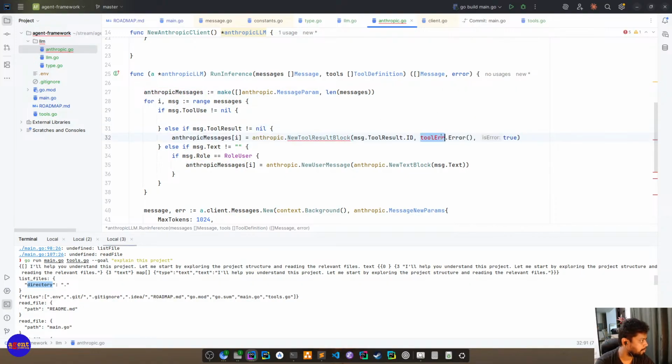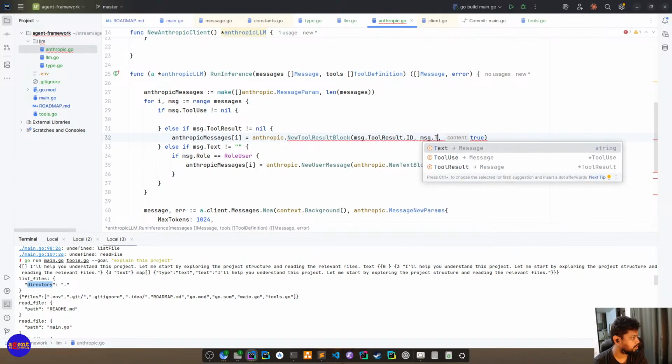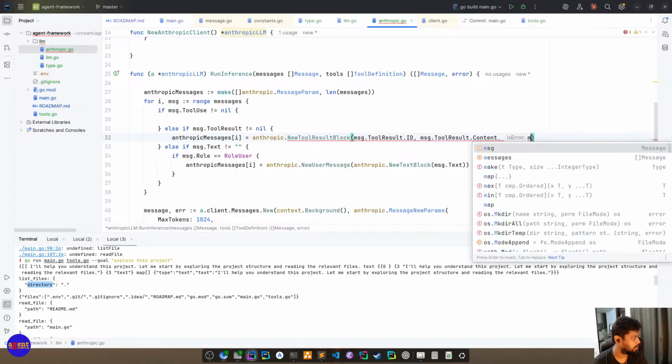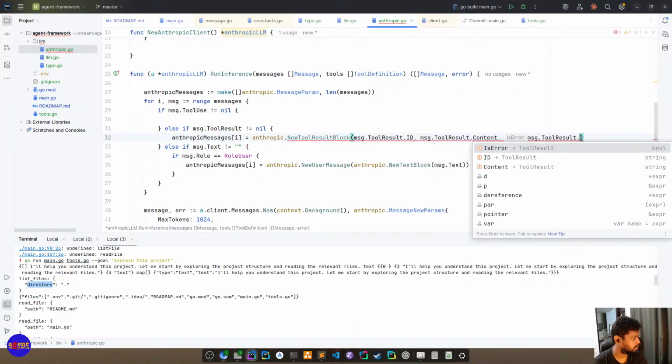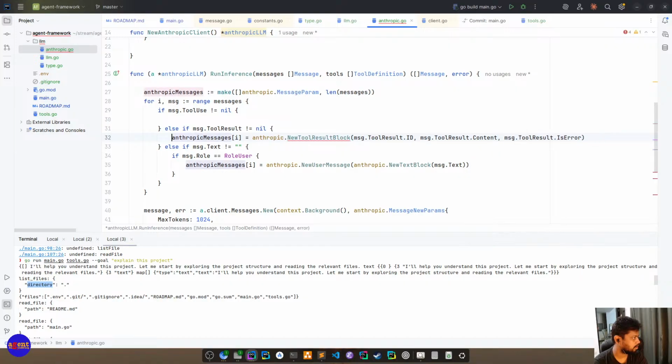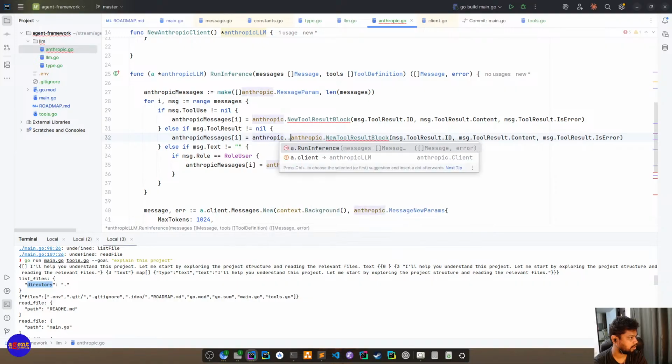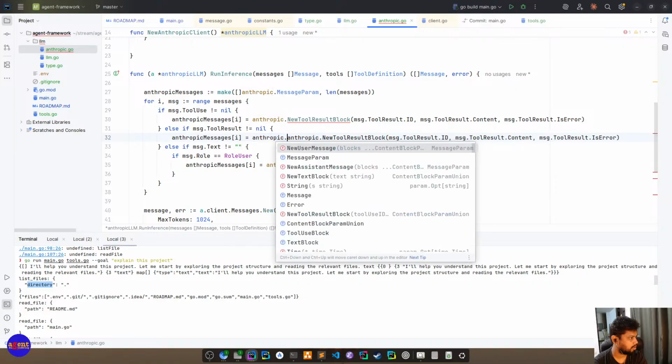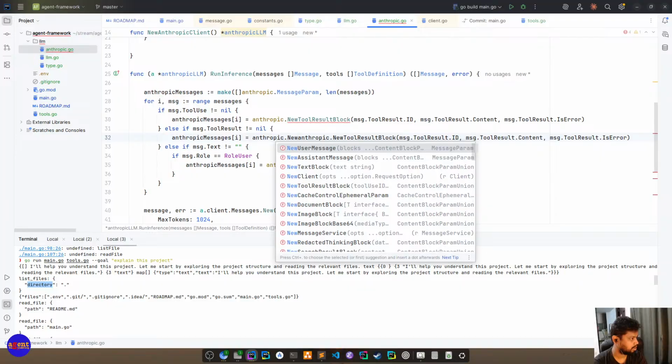ID, start tool result dot content and dot. This should be wrapped around user message.